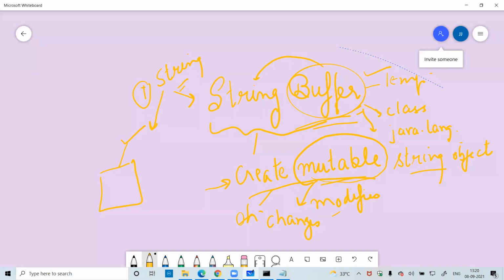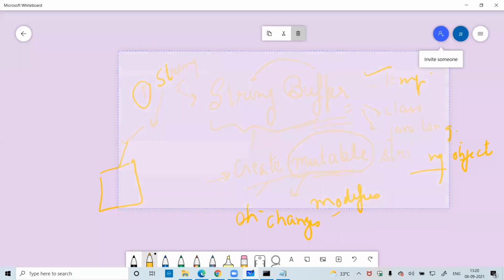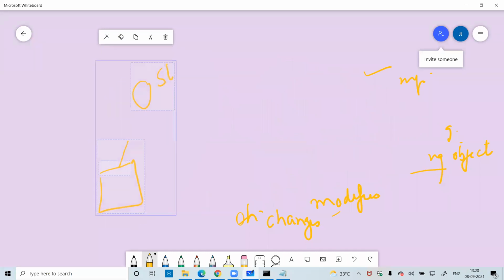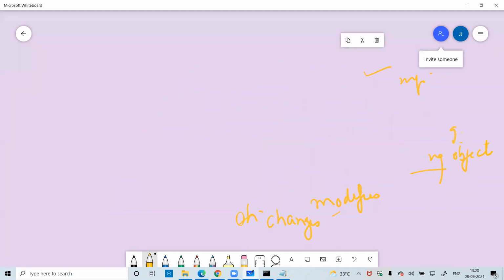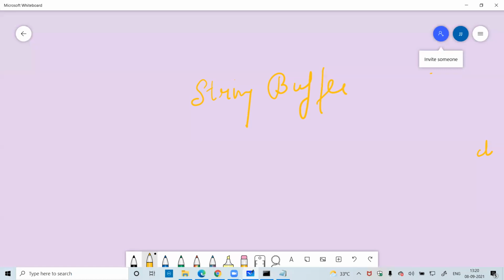Now, this is about the StringBuffer. The StringBuffer is basically used to create a mutable string object, or we can say that we are able to modify the string with the help of the StringBuffer. Similar to the String class, StringBuffer also contains constructors and methods.